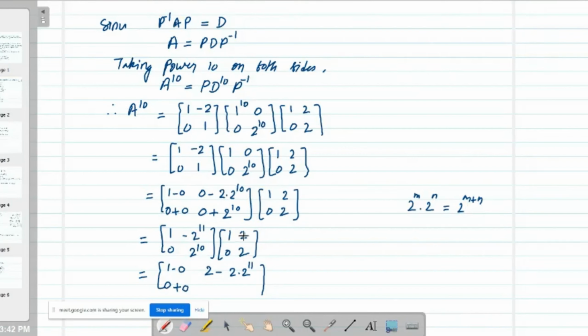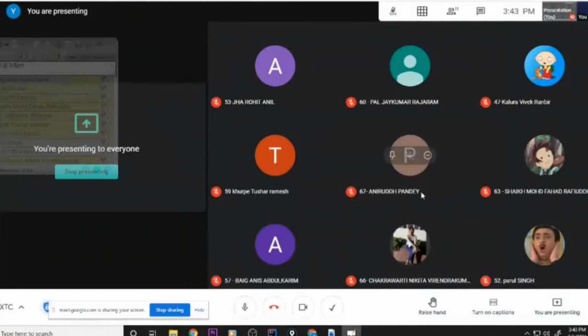Now come to here, multiply by this, you will get 0 and 0 and plus 2, 2 raised to 10 multiply by 2, that is 2 raised to 10। इसको थोड़ा आप अच्छे से लिखोगे तो कैसा मिलेगा ये, 1 0 एंड 2, यहाँ से 2 माइनस बेस सेम है तो पावर विल बी एडेड, 2 रेस टू 12, ओके। नाउ 2 रेस टू 11, बेस सेम, पावर विल बी एडेड, सो दिस इज योर ए टू द पावर 10, ओके। और मैं आपको दूसरा मेथड भी बताऊंगा, ठीक है। यस सर। हाँ,